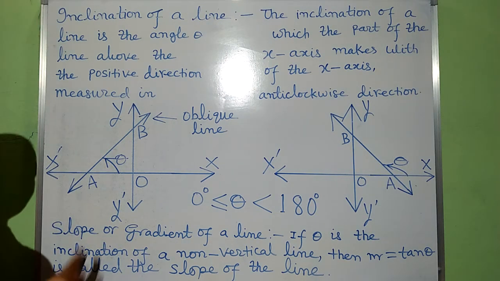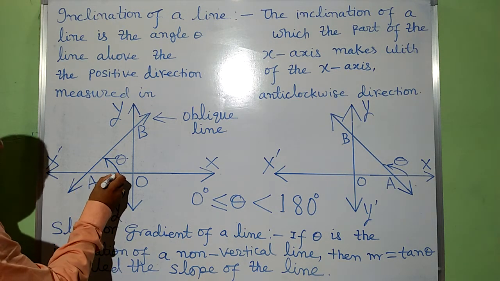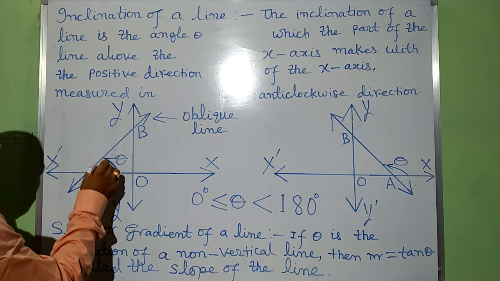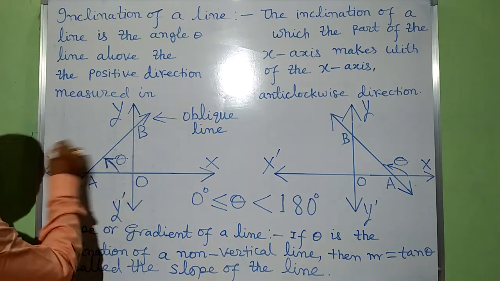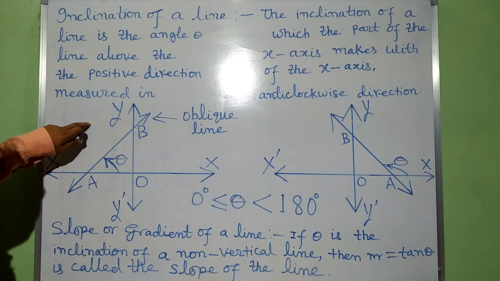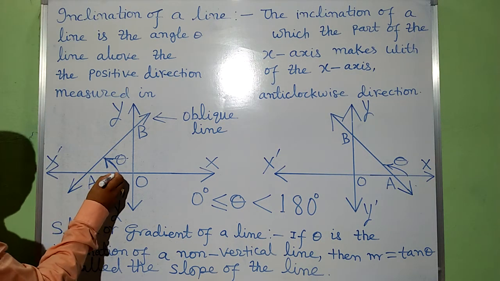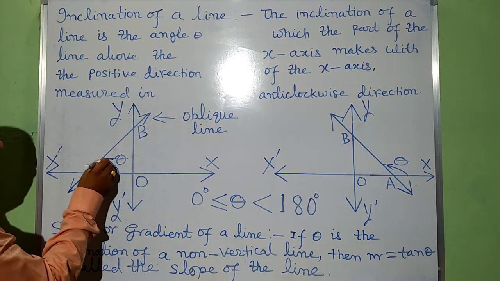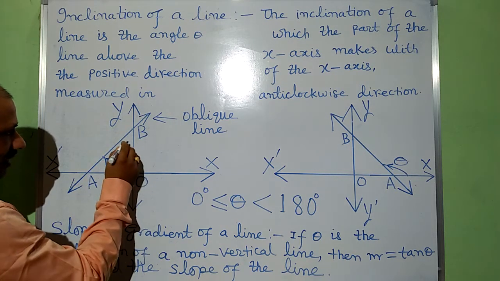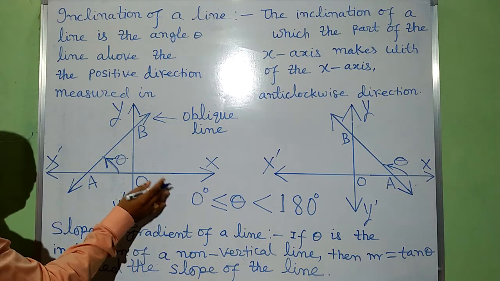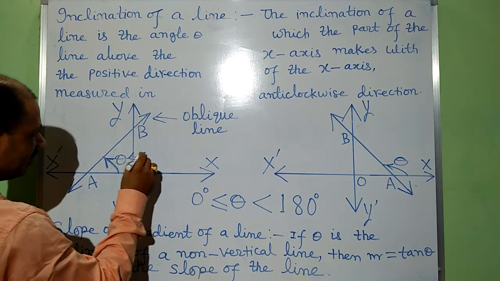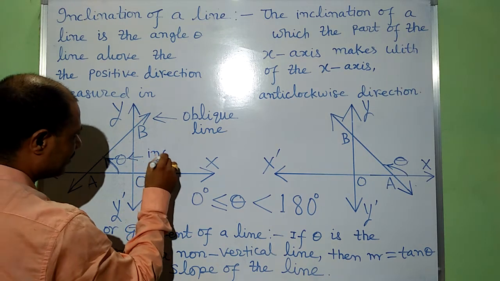When we measure in this direction, anti-clockwise and above the x-axis, then this angle formed between this line and x-axis above the x-axis and in anti-clockwise direction, this angle is called inclination